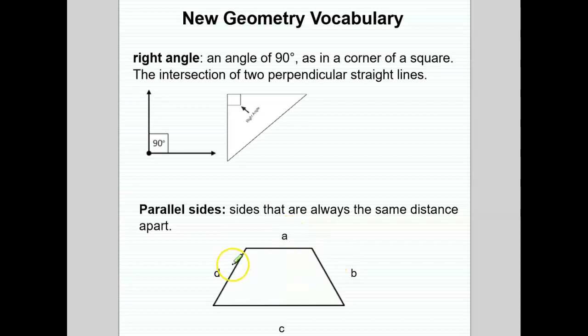B and D are not parallel. And they're not parallel because they're not facing the exact same direction. If they continued on, they would intersect. They would not stay the same distance apart. They would actually get closer together. So they're not parallel. Pause the video and think about why sides A and C are parallel, but B and